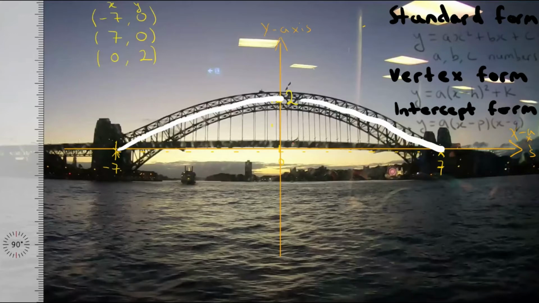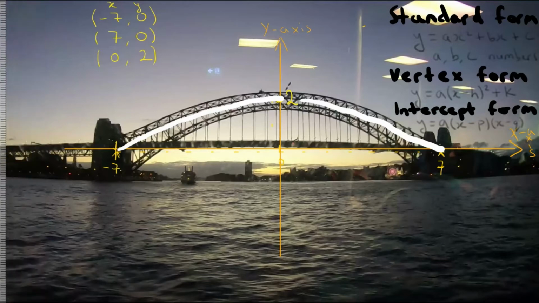Okay, so the first thing that we will do, and I can do the working out on the left hand side here, is note we have these 3 points: minus 7, 0, being this one here on the left hand side of the bridge; 7, 0 here on the right hand side of the bridge; and 0, 2, which is this over here. We will be using these 3 points in our equations, the standard form, vertex form, and intercept form,